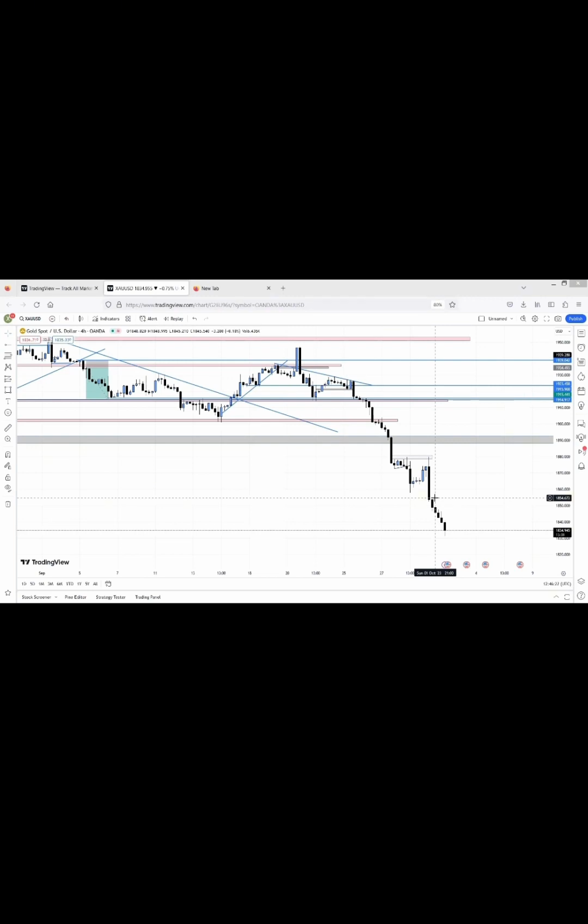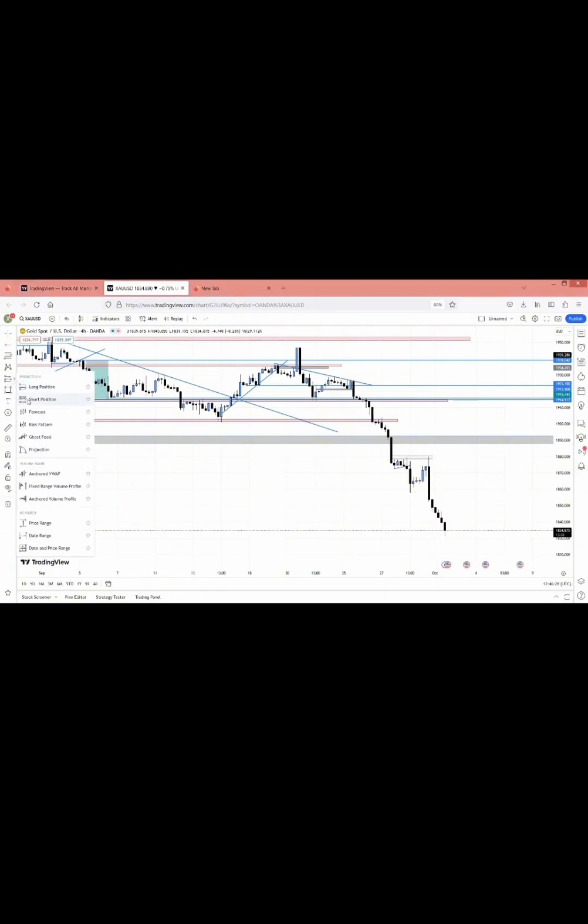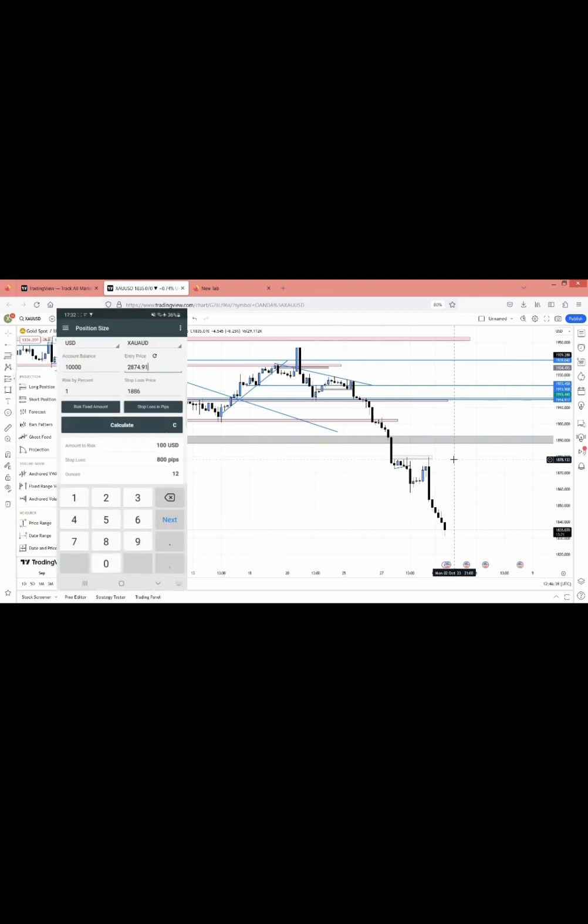Remember, this is actually a trade that has played out, but I'm just trying to break it down with this. I guess this could help. You have a $10,000 account, and you're going down to your calculator. Let's say at this point the price is 1878. So going down to your calculator, you just put your entry price 1878 and select currency